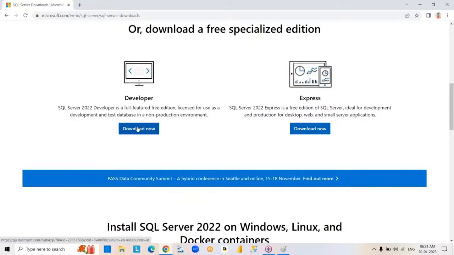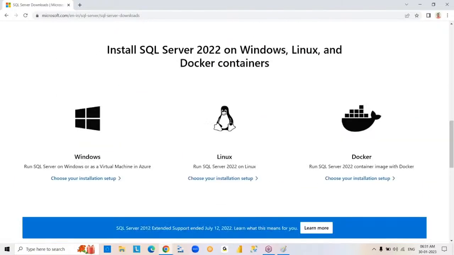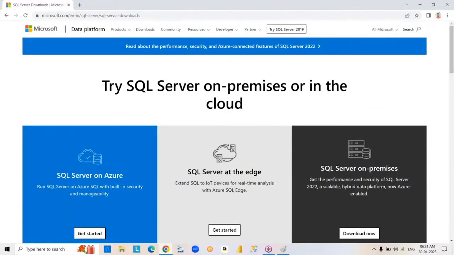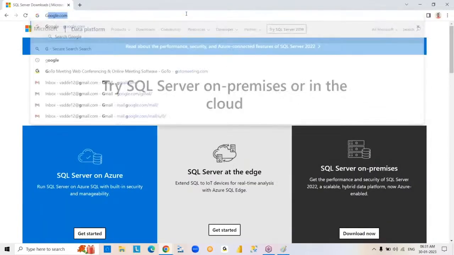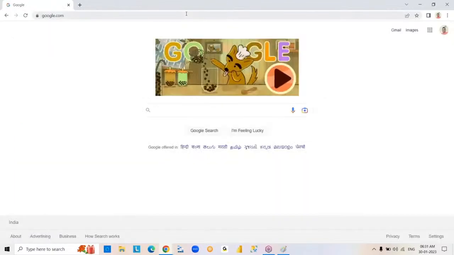So you can download it and install. Okay. Now, I will share an installation video. Next, after completion of the SQL Server installation,